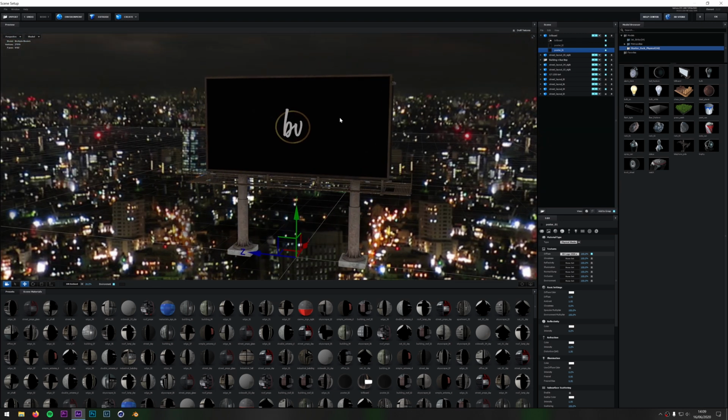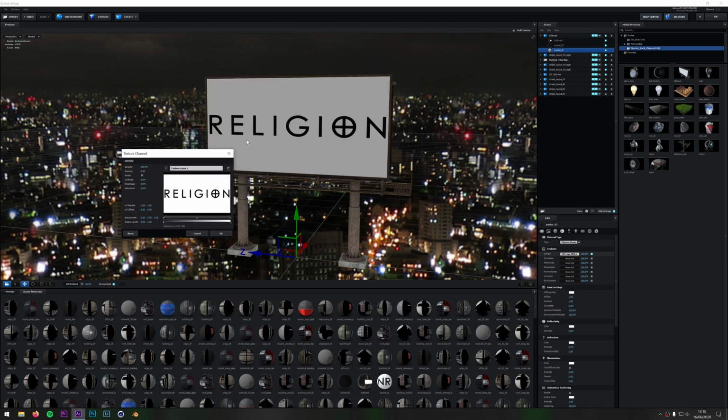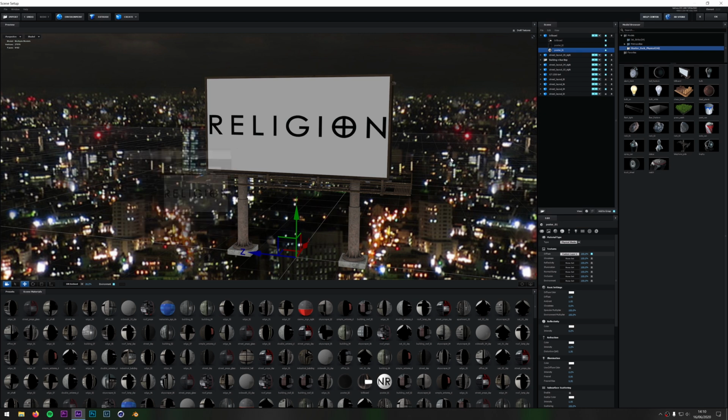But obviously, like I said, you're not limited to just using a still picture. You can use a video, but one step further than that is you can actually load in a picture or a video that's in your composition already, which is one of these here. And what I've used is the religion logo, which is already in my composition. I'll show you how to get it into your composition in a moment, but what you need to concern yourself with is the fact that I've used this one here, the religion logo, which is just a still picture, for this side.